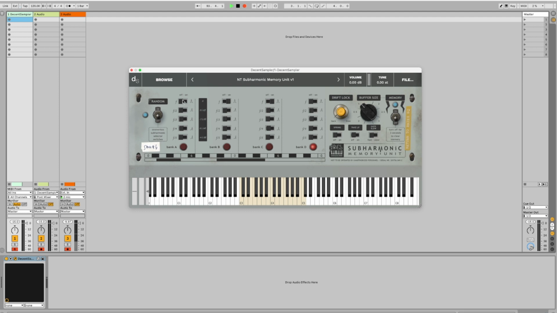The first zone is C3 to F sharp 3. Then there's the second zone or bank B, and you can see which zone is active by watching the LED below the banks here. So the second zone is from G3 to C4. Then the third zone is from C sharp 4 to F sharp 4, and then the last zone is from G4